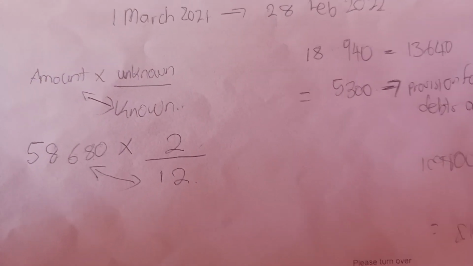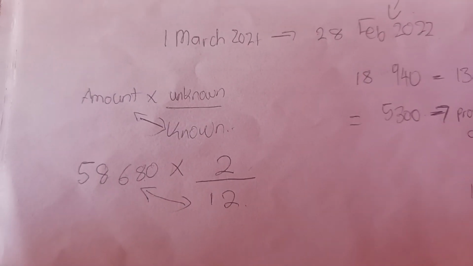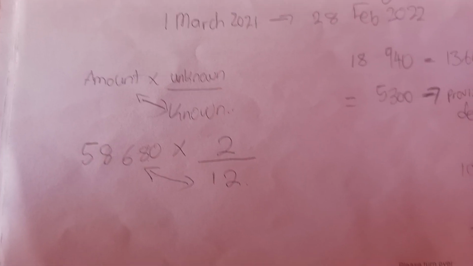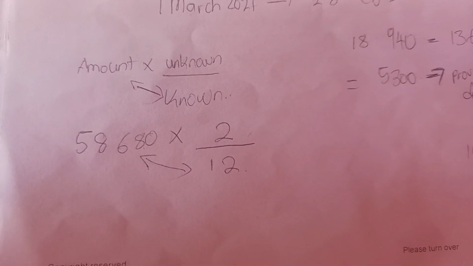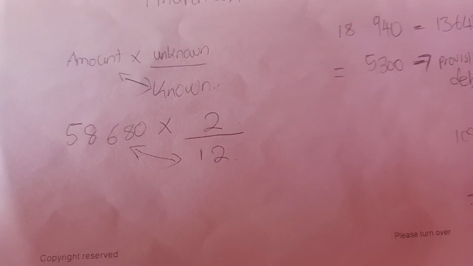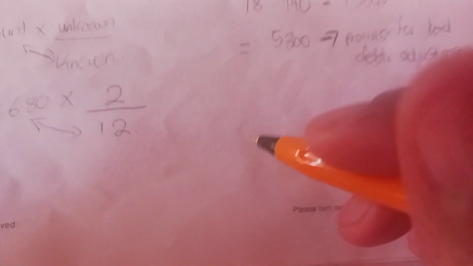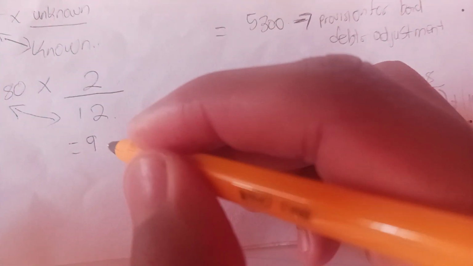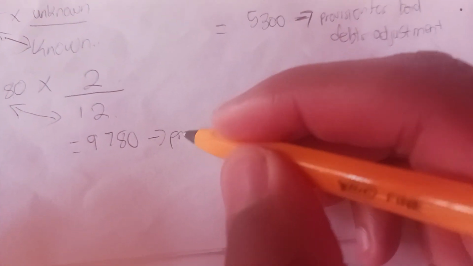So let's find that amount. So it's 58,680 multiplied by 2/12. And then you have an amount of 9,780. Now this is a prepaid expense,